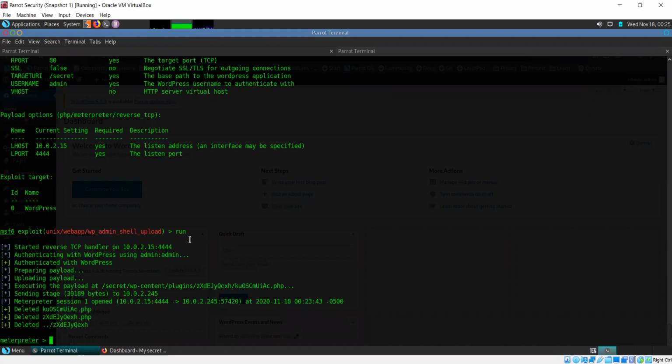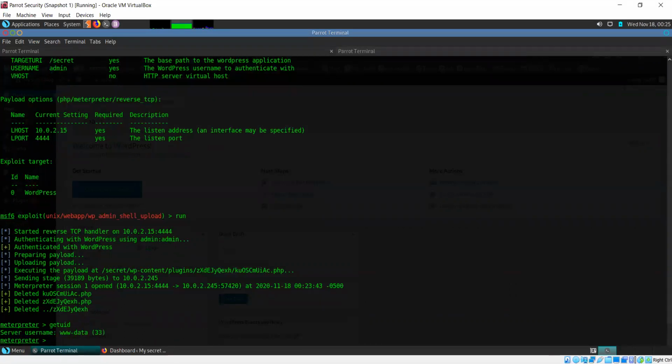So when we hack into a system, our target is to get shell access. Now let's find out what user ID we are logged in as. Okay, so we are logged in as www-data. And the thing is, we don't have any root privileges or anything on this system.